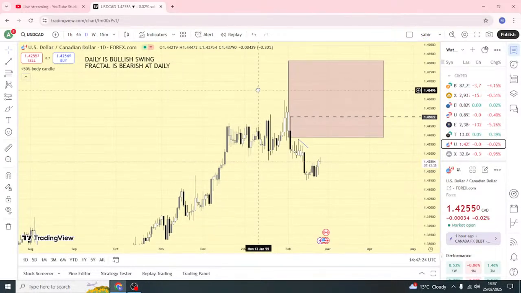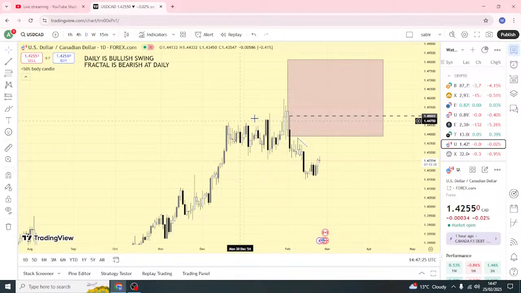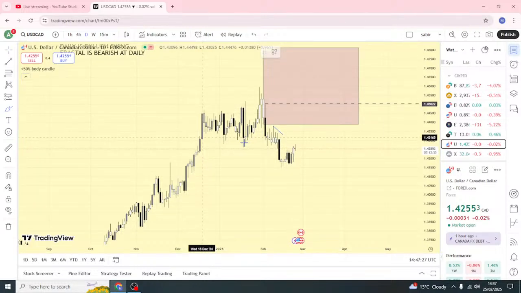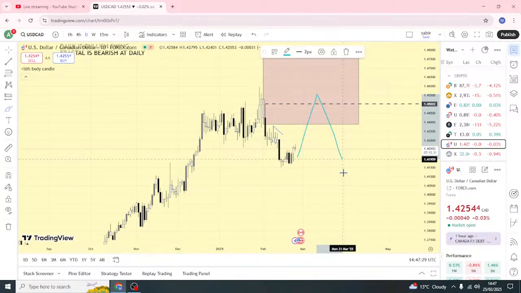Okay, this was our daily supply zone, and from that supply zone I was looking